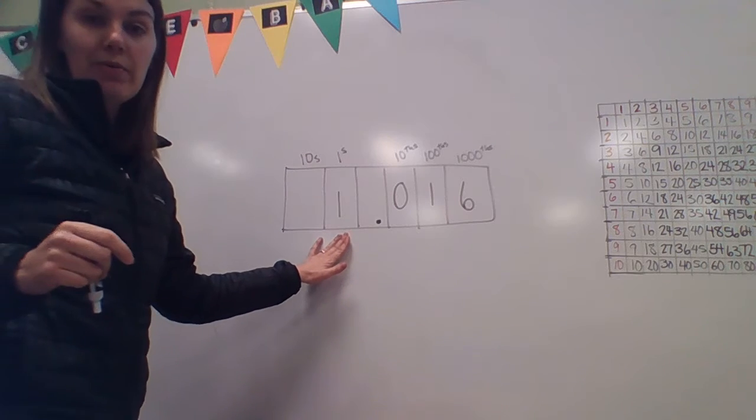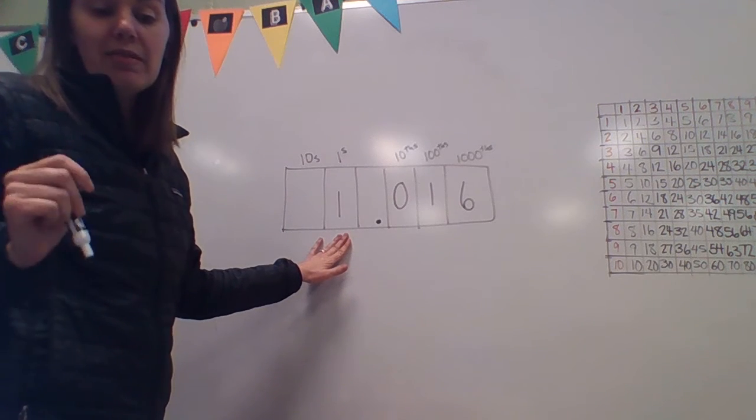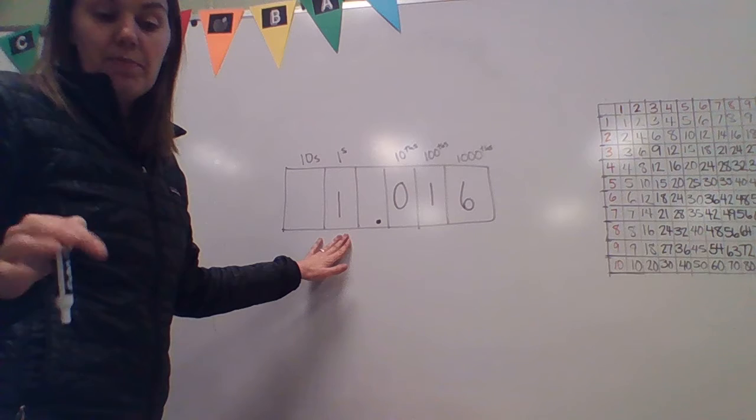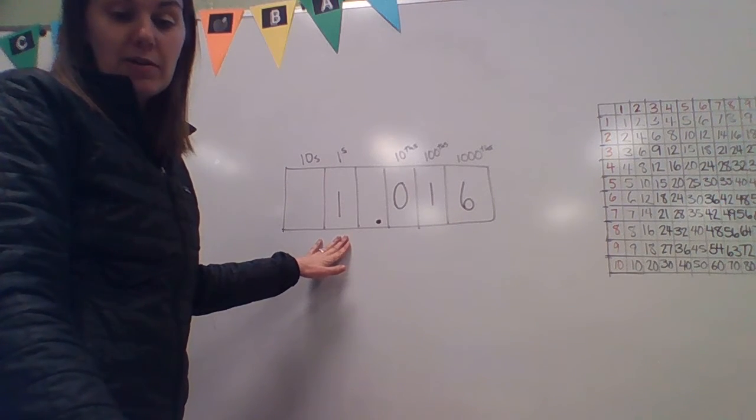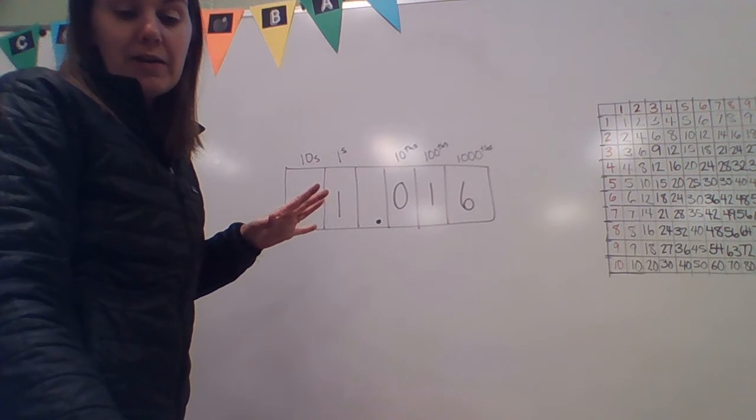So this would be how we would write 1 and 16 thousandths as a decimal. Now this is again using the second model as a place value chart. Now let's look at Brianne. Brianne finishes 2